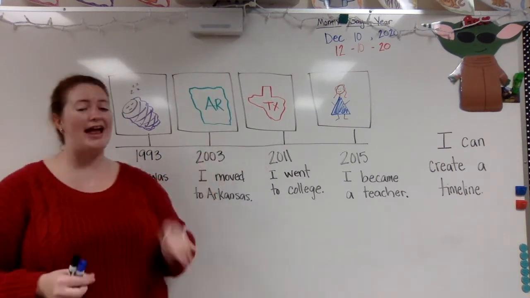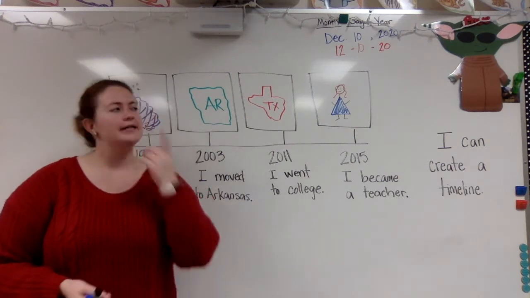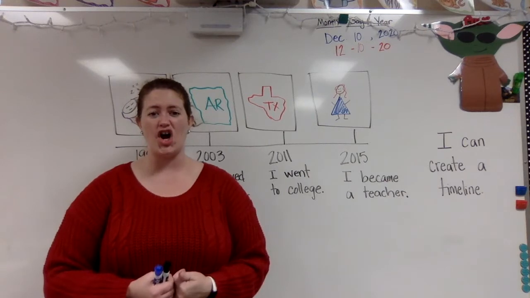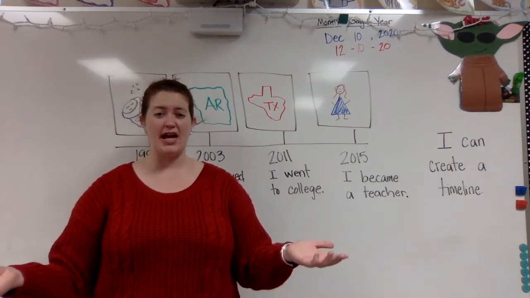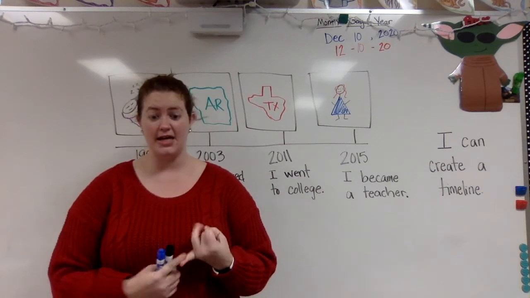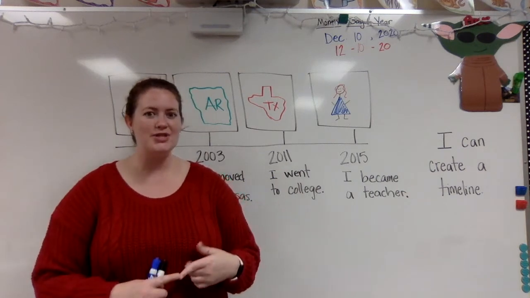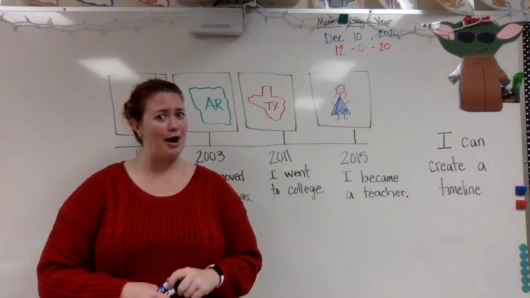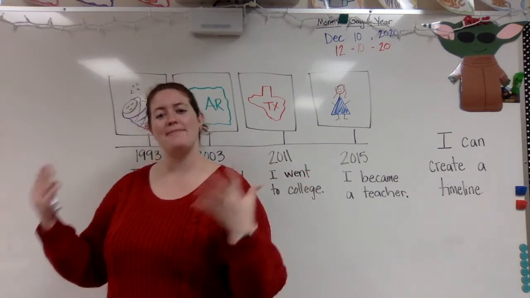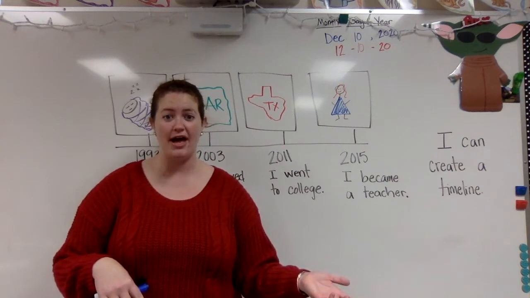I told you when they happened. On your timeline, you need to think, what are some important events that have happened in my life so far? Now, I know that we're just in first grade, but important things have already happened to you. Like, you were also born, right? Some of you have moved maybe more than once. Losing a tooth is a really important part if you remember when you lost your tooth. Maybe you had a new baby brother or new baby sister. That's important if they were born after you, okay?